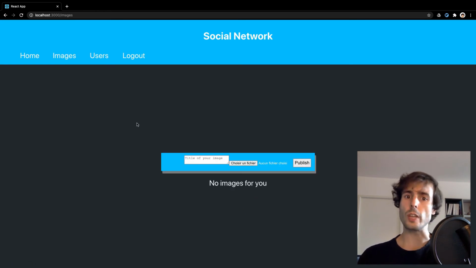Let's add some CSS to the image box to have this a little bit more sexy.